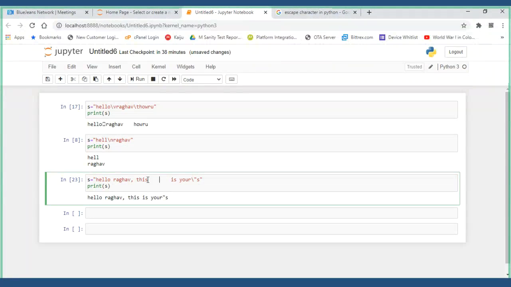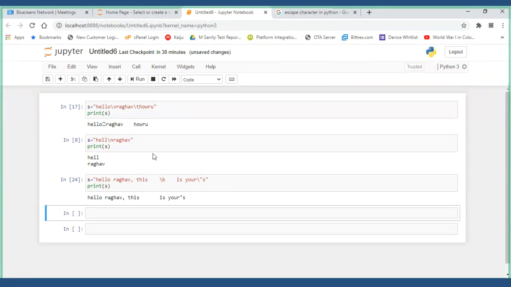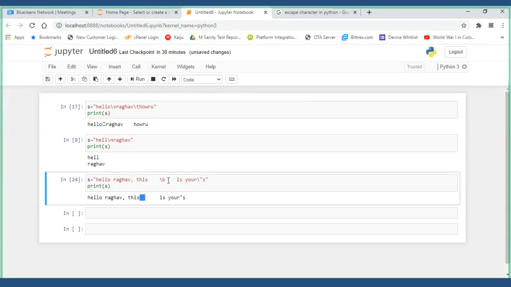Now what I've done is I have put backward slash b here. Backward slash b is something like, when any extra space is there, it will remove it. Let me put it like this, that is the best.